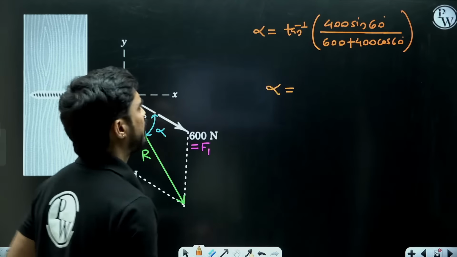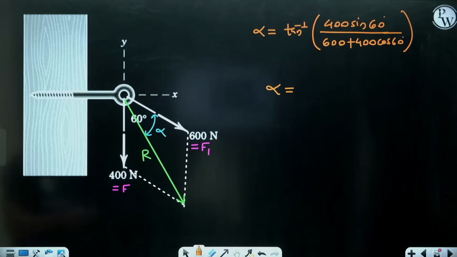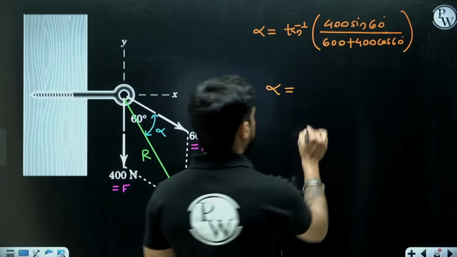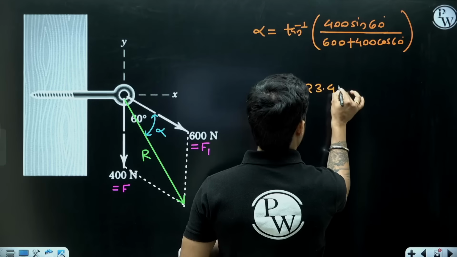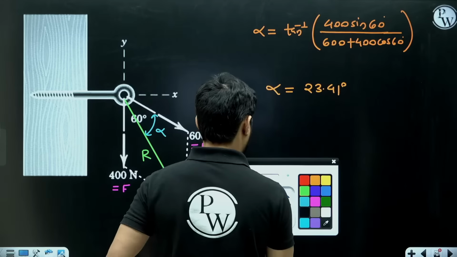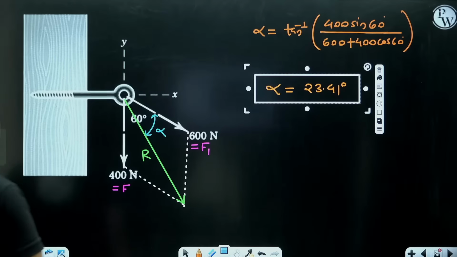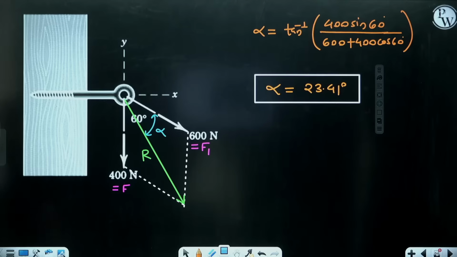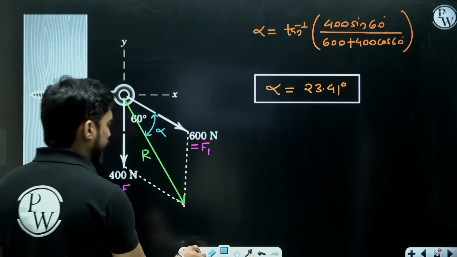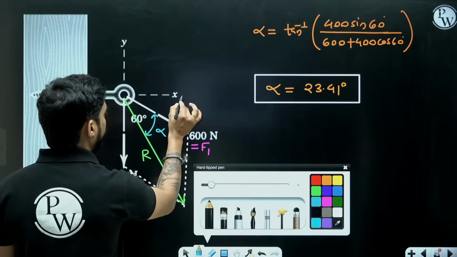So from here I will get my alpha, 23.41 degree. So this is the angle between 600 Newton and R, but I want to calculate the angle from